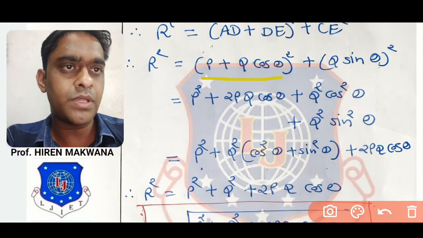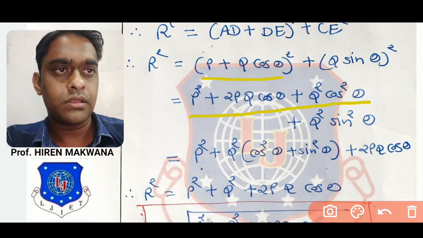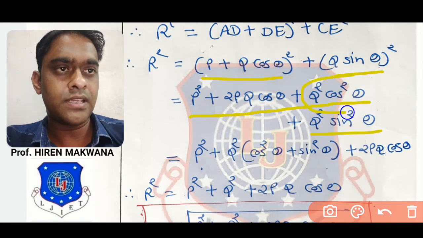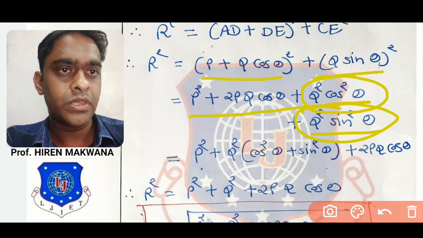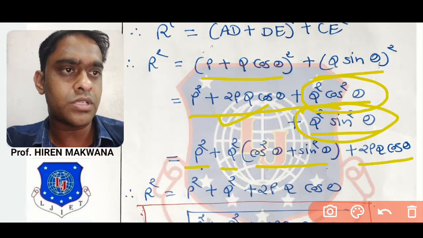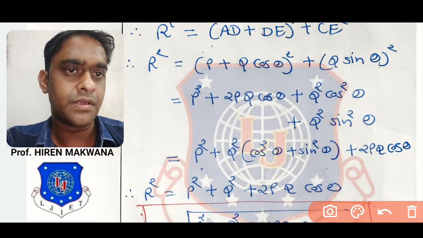Okay, going ahead, by simplifying mathematically, we can get this. Now this is (A plus B) whole square. So A square plus 2AB plus B square means P square plus 2PQ cos theta plus Q square cos square theta. This bracket means Q square sin square theta as it is. Now you can see from this circle and this circle Q square will be common. So P square as it is, Q square common, in the remaining bracket cos square plus sin square theta, and this middle term 2PQ cos theta will remain as it is. So this is the simplification.